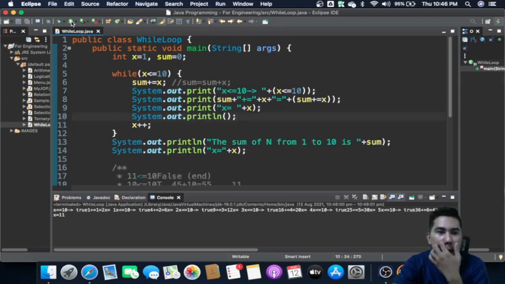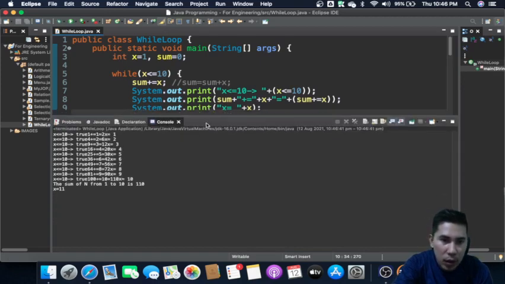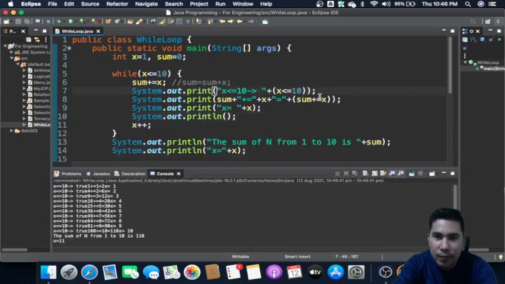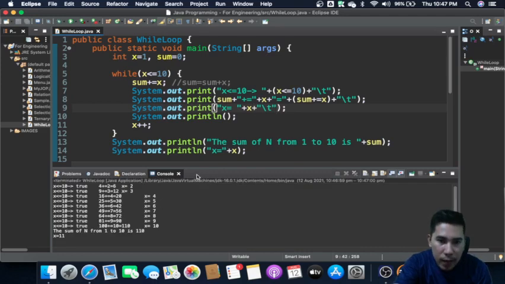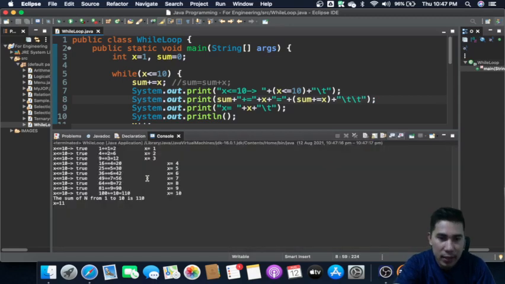Okay, so basically the output would be like this. Let's add a backslash t so we have a better view. We need another backslash t here so that it matches the x column.